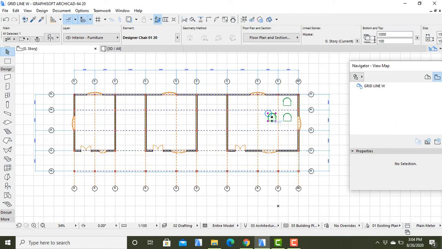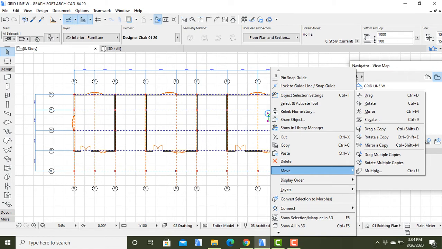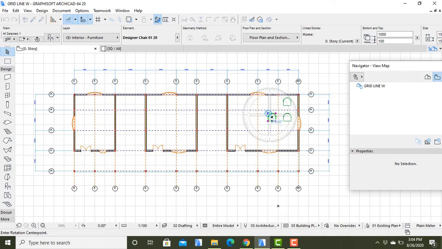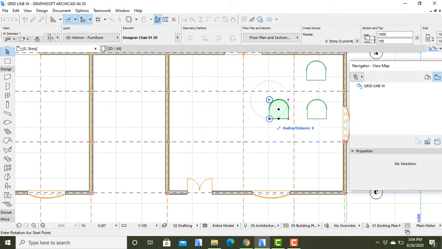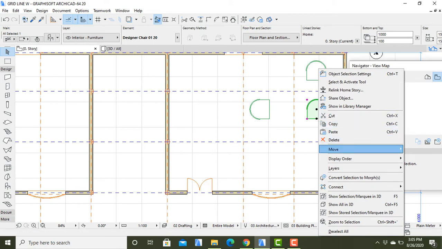For this matter, I'll rotate the chair. I'll rotate the chair by going to the move, click on it, then I can come here and say rotate. I'll click on one part of that, then drag, and then let it take that direction. Of course, they need to face each other from an angular side. Then I also rotate this other chair. Rotate this one, and then